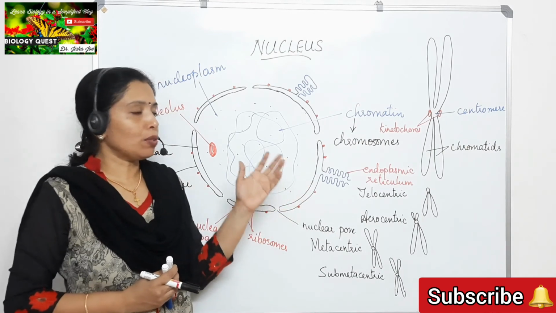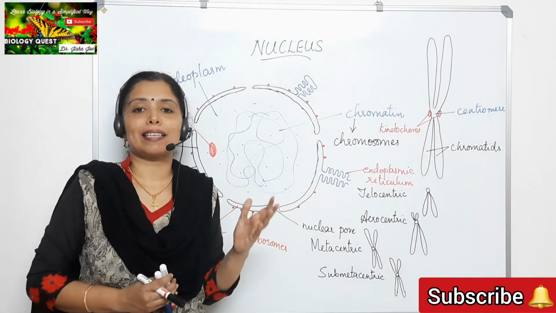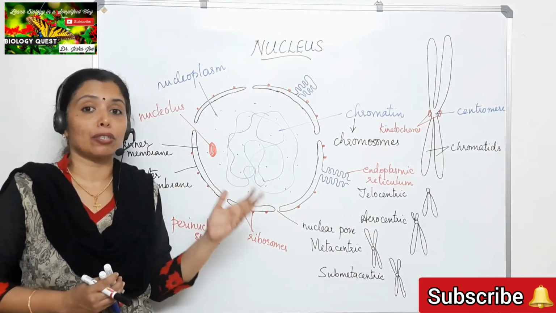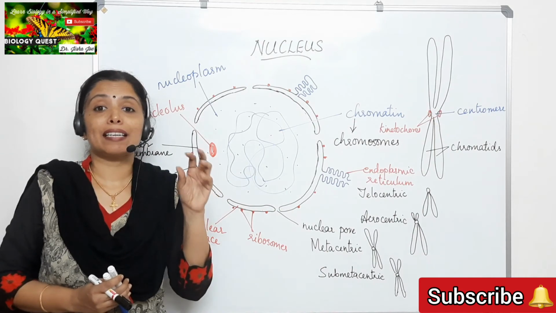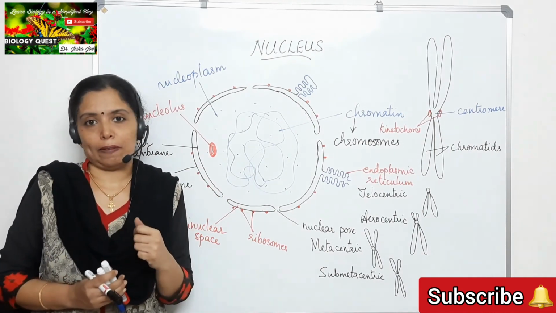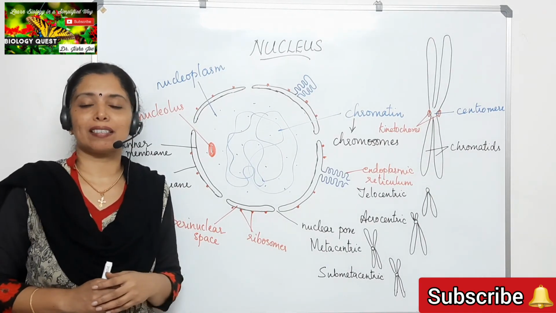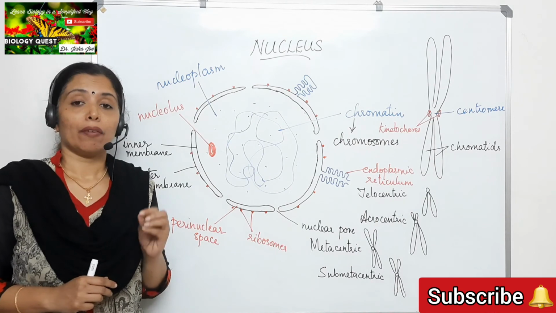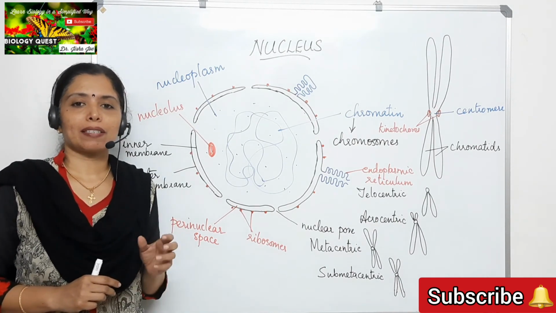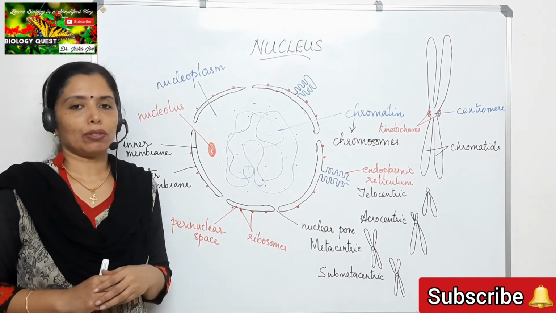So as we know, the nucleus is present in all the living cells except a few cells, as in the case of mature RBCs. Mature erythrocytes lack the nucleus. This increases the efficiency of the erythrocytes to carry oxygen. Another type of cell which does not have the nucleus is the sieve tube cell. Where are the sieve tube cells present? Do you know? The sieve tube cells are present in the phloem of plants, and these cells also do not contain the nucleus.